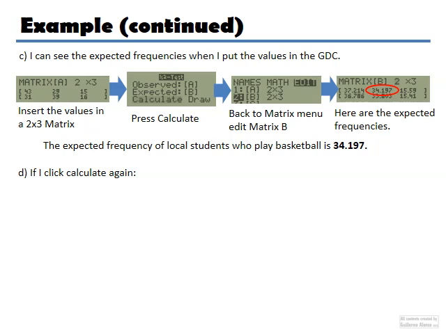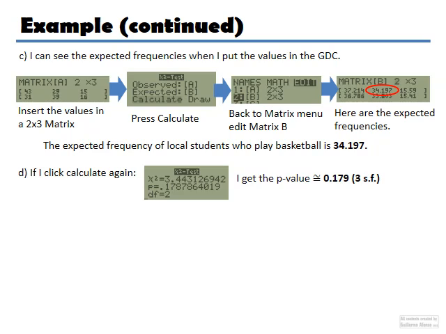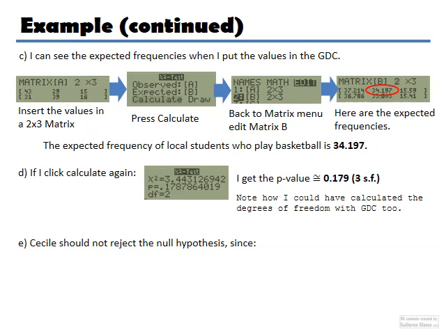Finally, I can calculate the p-value. I click calculate again, and here it is. This is the p-value, 0.179 approximately, to 3 significant figures. And finally, they asked whether we should reject or accept the null hypothesis. Note, I could have calculated degrees of freedom this way, by the way. Anyway, we say that she should not reject the null hypothesis since 0.179, the p-value I got here, is bigger than